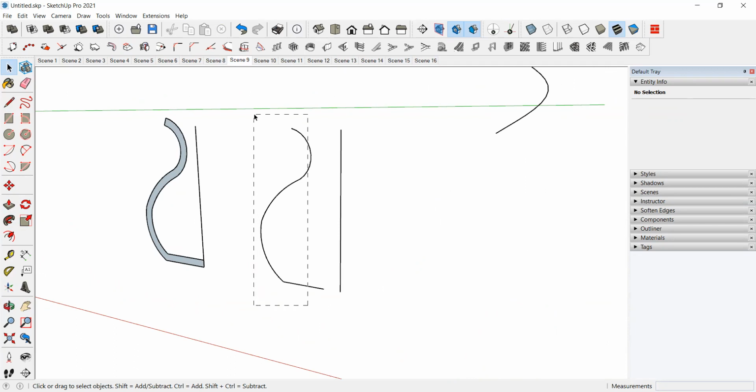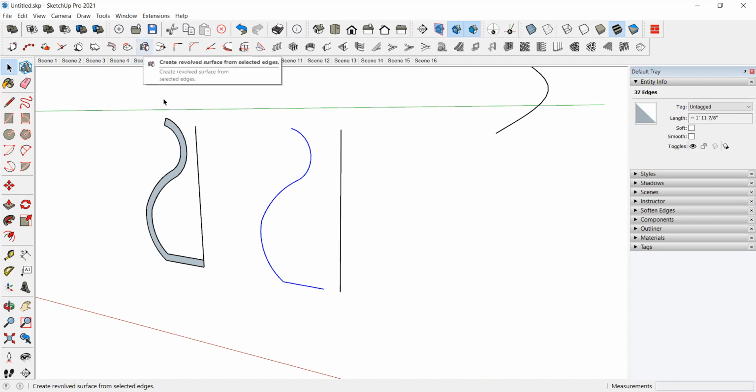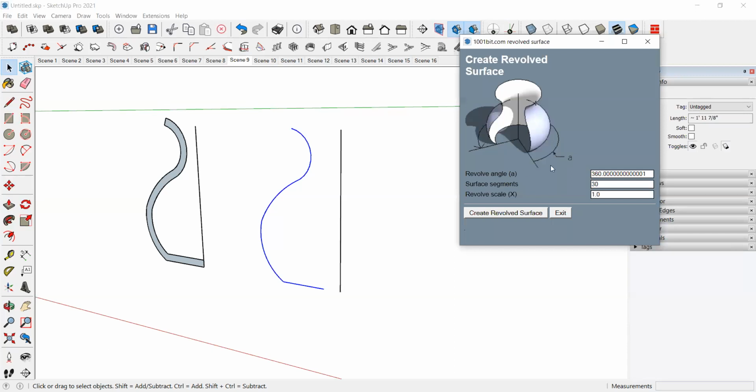So we have to select that particular face. Okay, and take the tool. So how many degrees you want? 360 degrees means complete round. And surface segments, how many parts you want, that is 30, 40, 10.